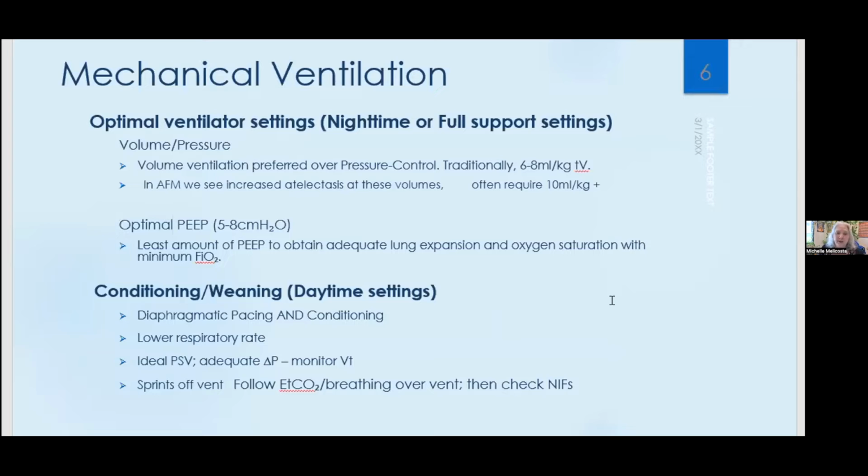So the patients who are on ventilation while they're with us, we definitely prefer volume control settings, typically at a higher volume per kilo than I see in other kids on ventilators. Typically in pediatrics, we say 6 to 8 cc's per kilo. These kids generally I'm at 10 to 12 cc's per kilo to prevent collapse and atelectasis, keeping their PEEP around 5 to 8, but definitely the lowest that we can get it while maintaining that good lung expansion.